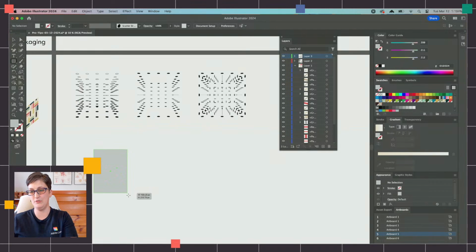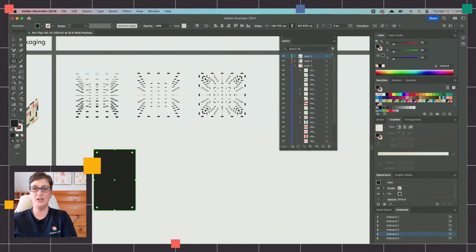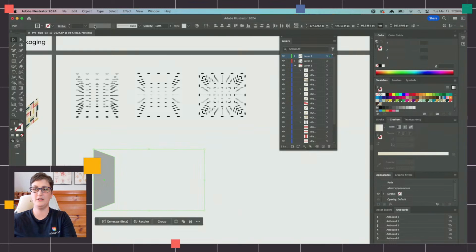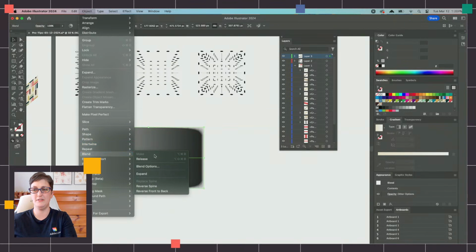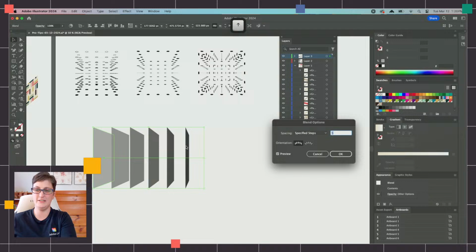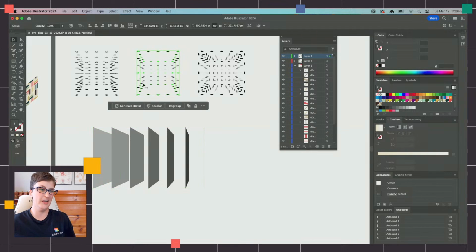So let me give you a really quick example. I'm going to grab a rectangle here, and I'm going to grab this perspective, distort it a little bit, squish it, and then I copy and paste it, move it down, and just kind of whoop, right? I'm going to make this lighter so it'll be easier to see this effect. Grab both of these and make a blend and hit make. I'm going to adjust the blend steps down. And now you can see that we can create this cool accordion kind of effect across the design. So that's another way that you can create these cool effects. I like to use this to make